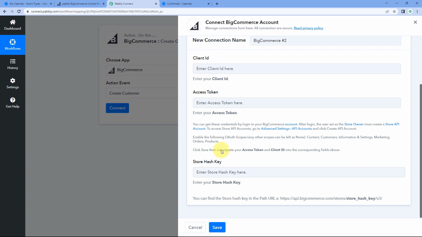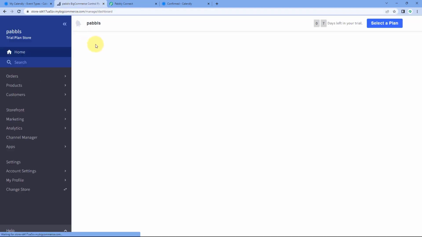Now here you must be thinking how you can get all of these details of your BigCommerce account. So here in the help text, you can see a complete step-by-step guide on how you can get the client ID, access token and how you can get the store hash key. So what you have to do, you just have to go to your BigCommerce account, log into your BigCommerce account,